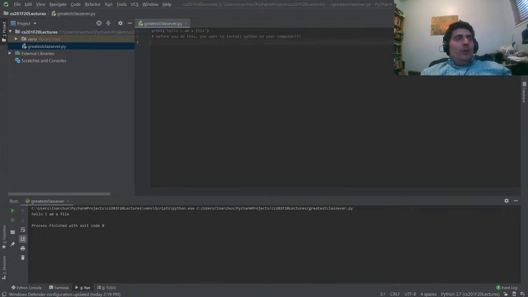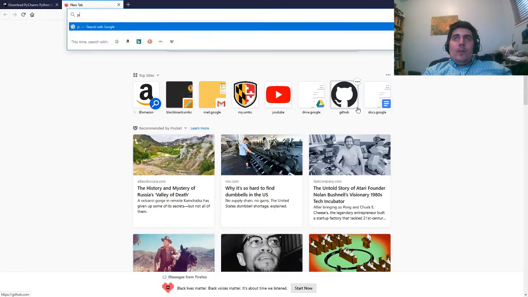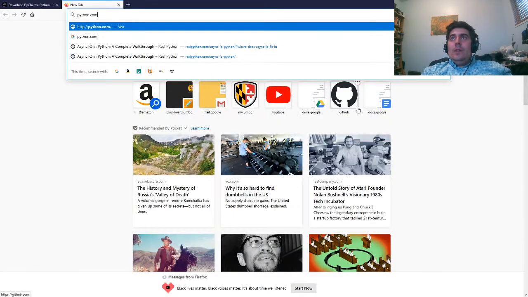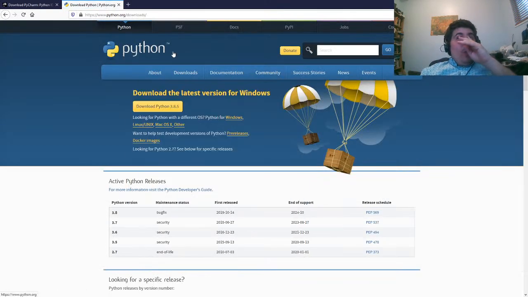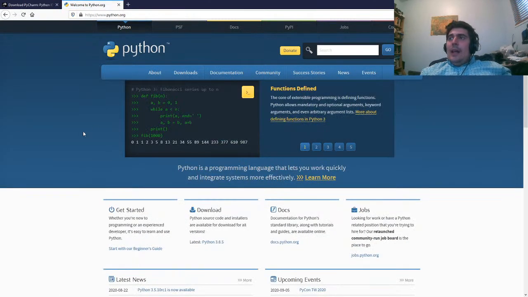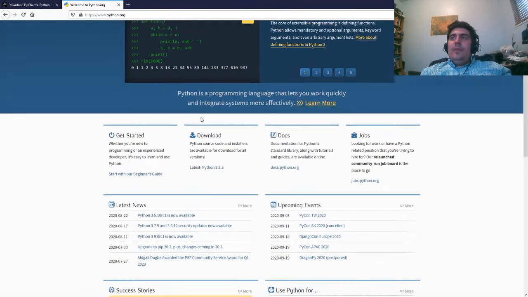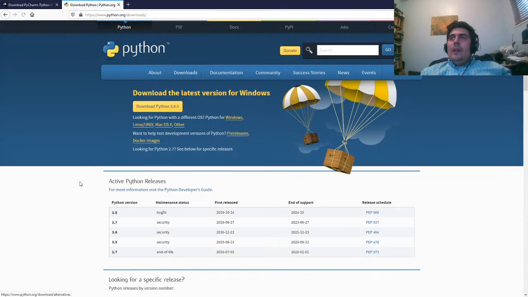You just go to python.org. Yep, you go to python.org, and I forget where they dump you. I think they dump you here, and then you click download, and you go to download 3.8.5. I think generally you only have to do this on Windows. I think Linux will probably have